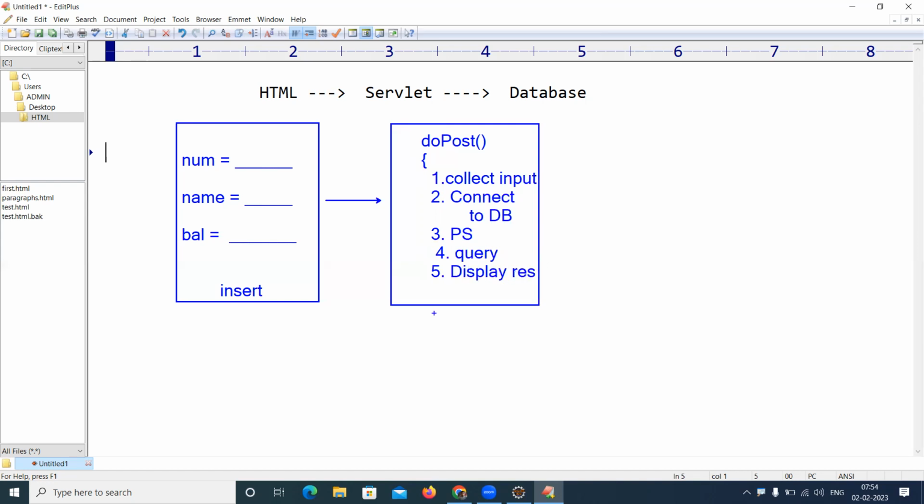These are the steps we need to do. This is a dynamic query, so we are using the prepared statement. I'll explain how to do all these things. So first of all,